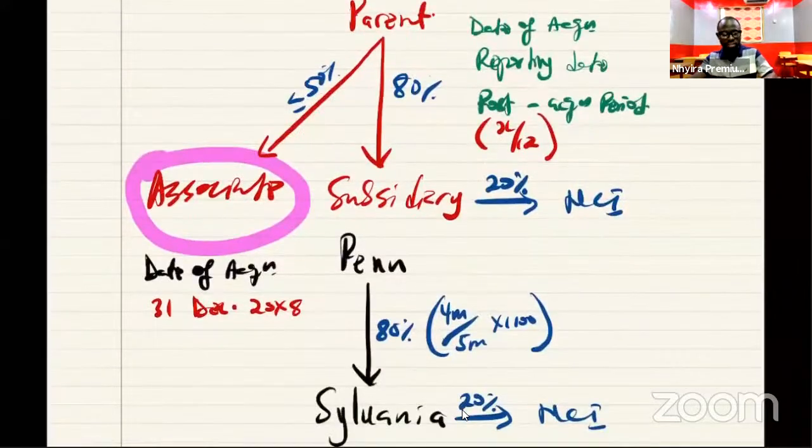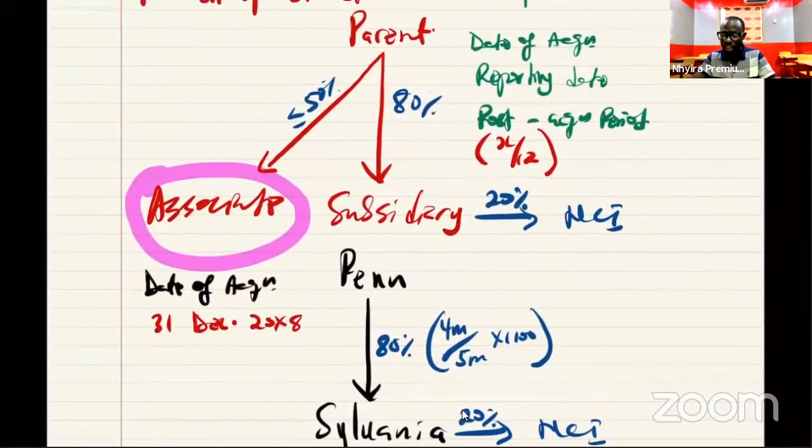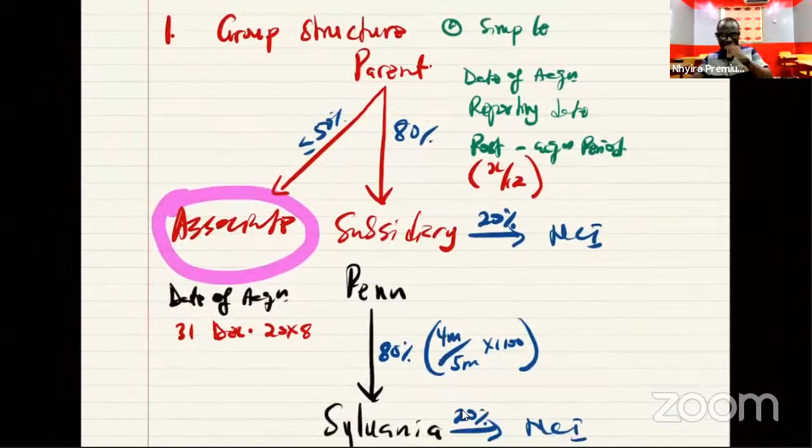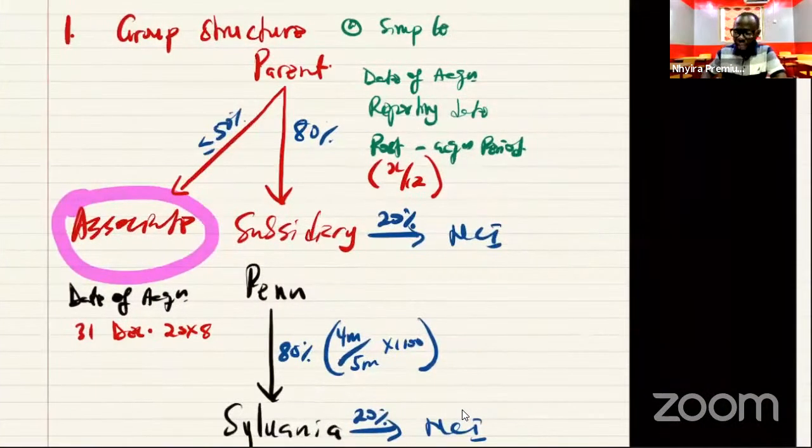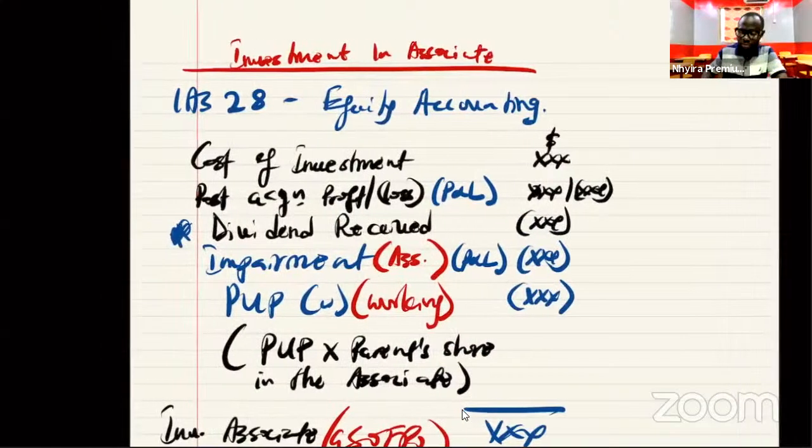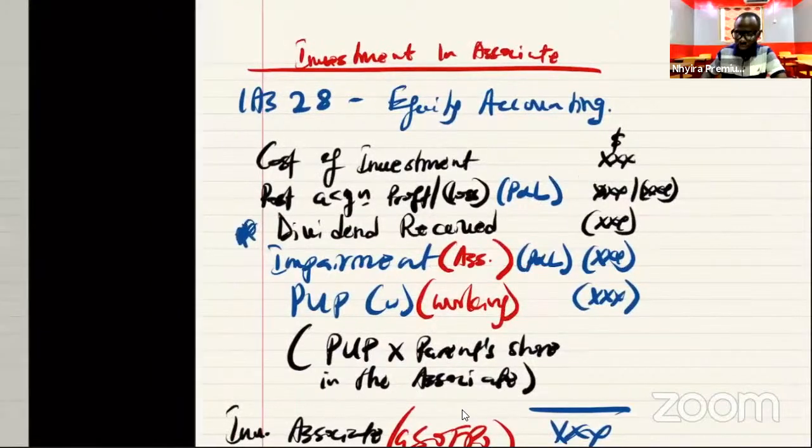So that is simple group structure. Now, from the simple group structure, you realize that everything is clear, everything is simple. In the determination of the group structure, there is no magical thing going on there. But what if we have